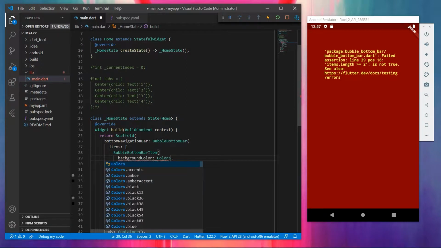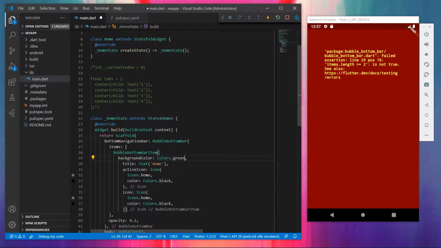We add Colors, let's say, green. Now let me just copy this